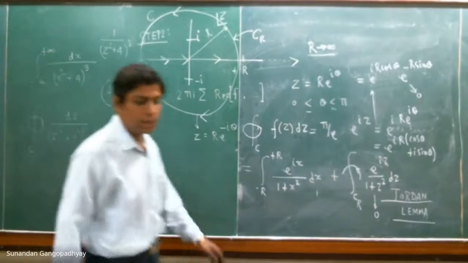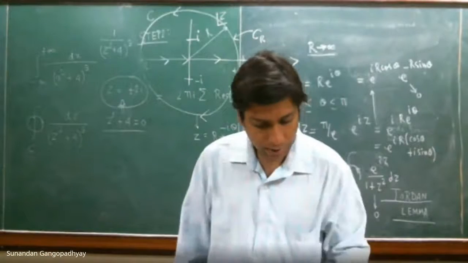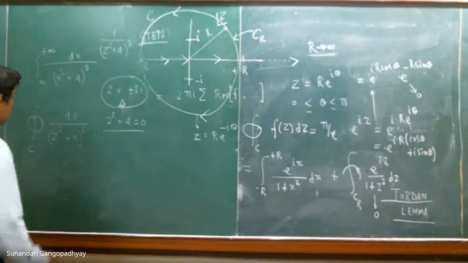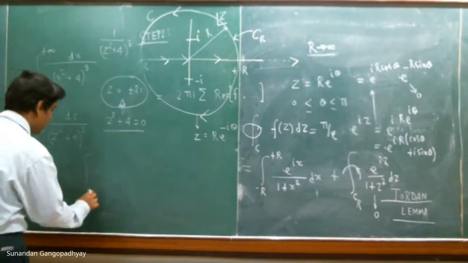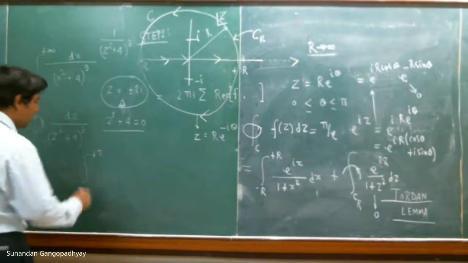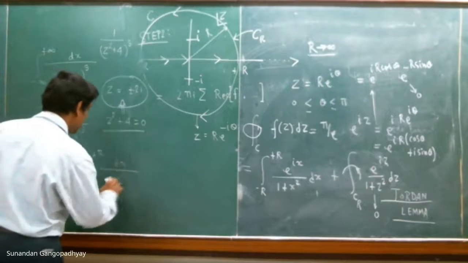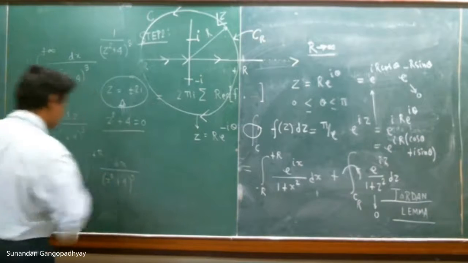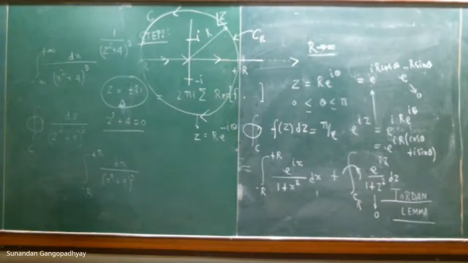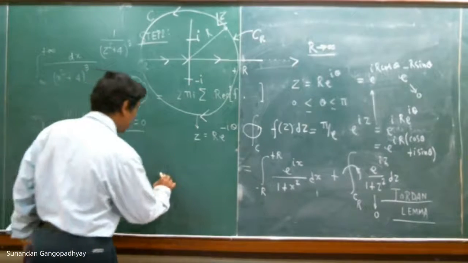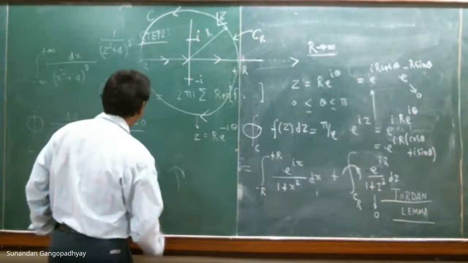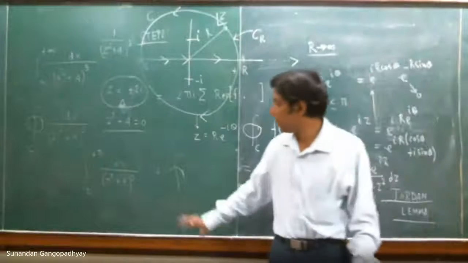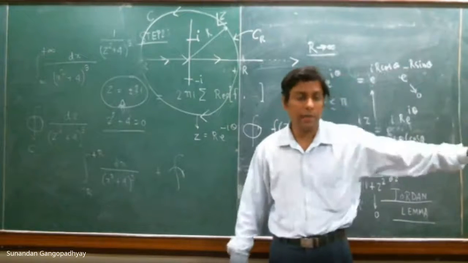So this is your contour integral, and here also you can do the same thing. You can basically write this as minus r to plus r, and that will be an integral on the real line dx over x square plus 4 whole cube. So this is an integral on the real line, and then you have to close the contour, and in this case you can close it anywhere. You just check it for yourself and close it anywhere on the upper half plane or the lower half plane. It doesn't matter.